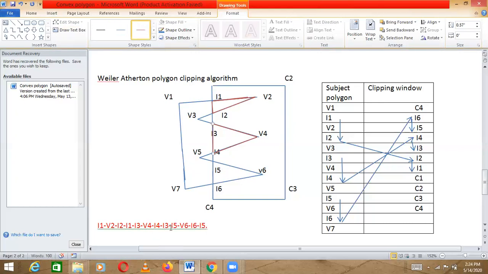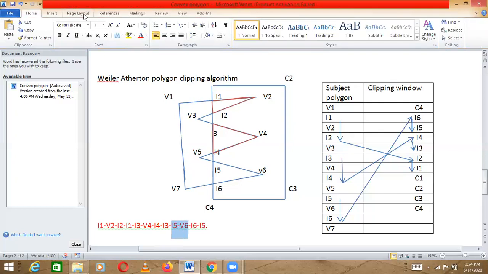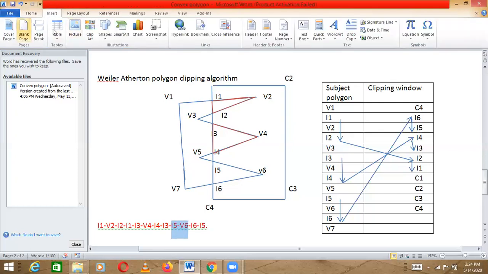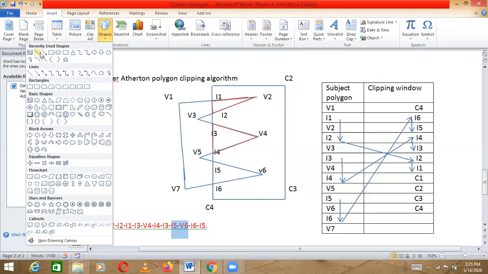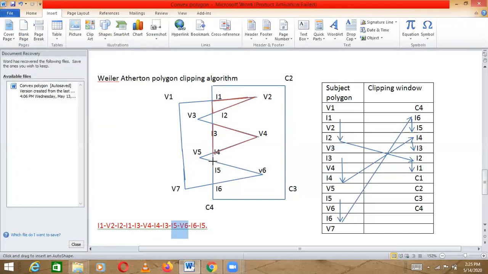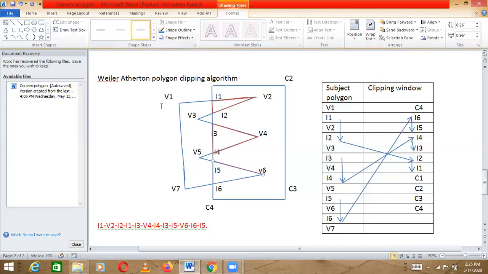Okay, now next is I5 to V6. I5 to V6. So the next point is V6 to I6.